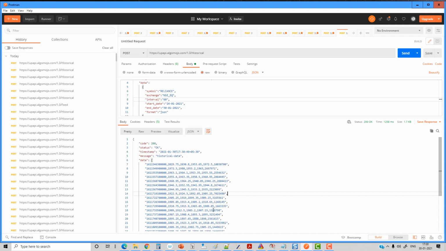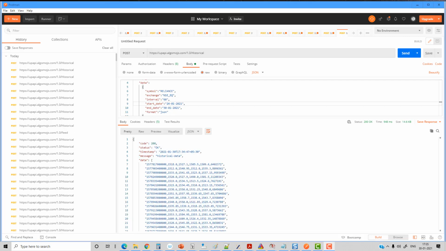I'll be able to get the 60 minute data only for the last 7 days. So if you want to get more data, then you have to query with different start dates and different end dates. Now, if I want to get the daily data, I will change the data type from 60 to day in small letters, and I'll change the date to 1/1/2020.